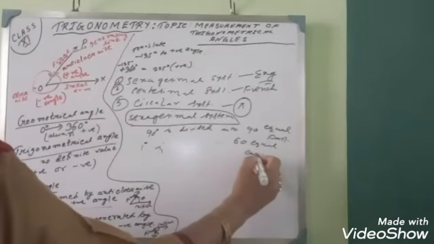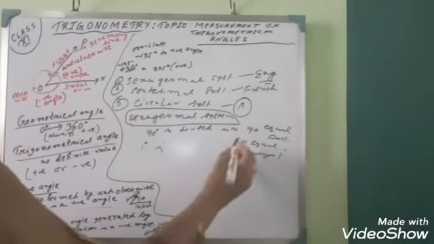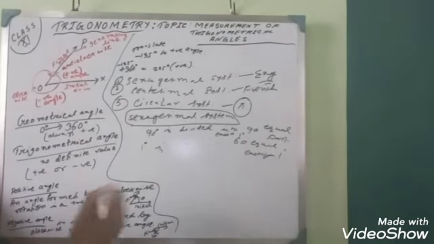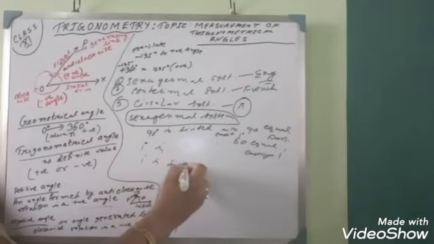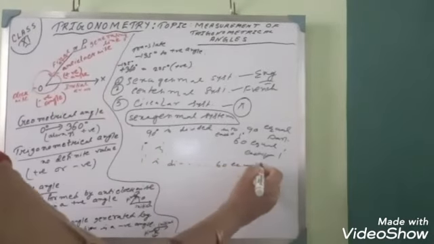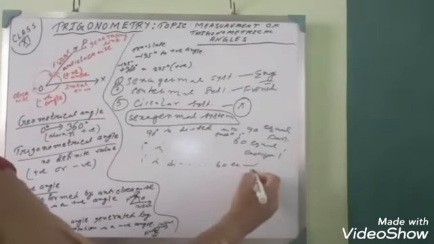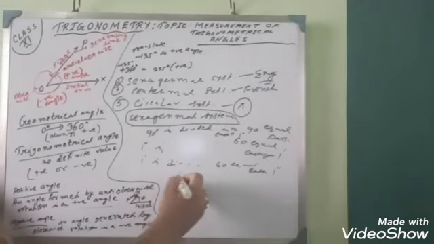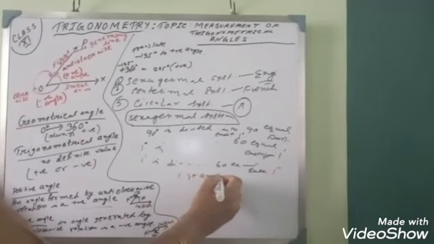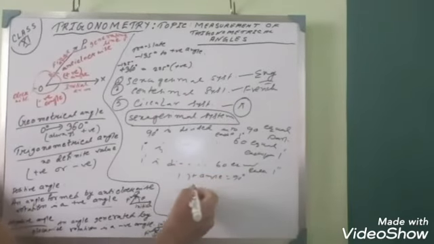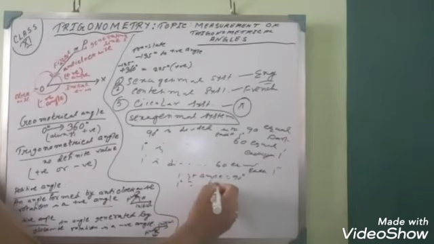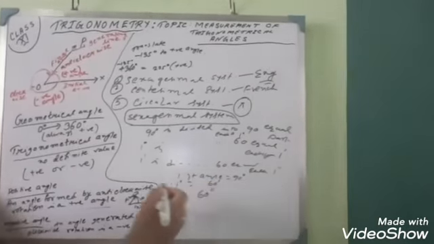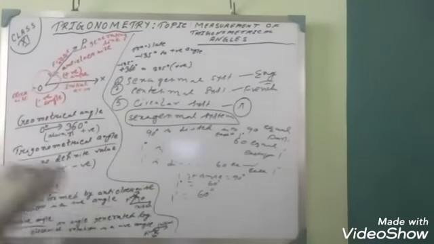Each part is called 1 minute, and here each part is called 1 degree. Again, 1 minute is divided into 60 equal parts and each such part is called 1 second. So one right angle is equal to 90 degree, 1 degree is equal to 60 minutes and 1 minute is equal to 60 seconds. This is the sexagesimal system.